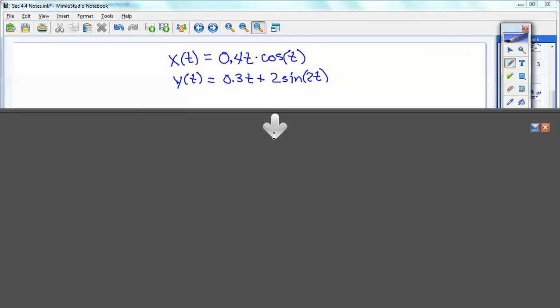That's all you're doing. Now, don't forget those other two equations. We had the slope equation, which was y prime over x prime. And we had that speed equation, which was the square root of x prime squared plus y prime squared, right? But everything's based off of x prime and y prime. You're given x and y, so all you've got to do is a derivative of each of those. That's x prime, y prime, and then everything else is based off those. It's just working with those. So it's not that difficult. All right, so